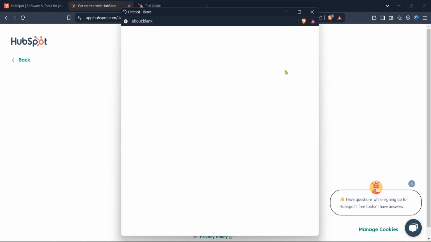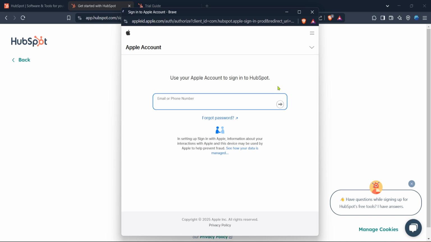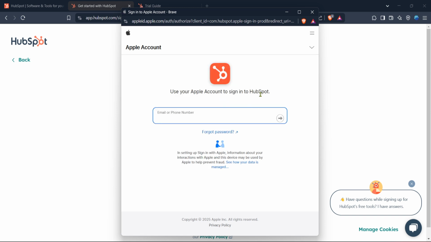Whichever method you choose, be it Google, Microsoft, or Apple, HubSpot makes it incredibly easy to get your account set up without any hassle. And remember, since you're signing up without a website, these direct links with your existing accounts eliminate the need for a traditional domain or host. This flexibility ensures that anyone, whether they're just getting started or already established, can begin utilizing HubSpot's powerful tools right away. Once you've completed these steps, you're officially part of the HubSpot community. You can now explore and take advantage of their free CRM tools to better streamline your business processes.